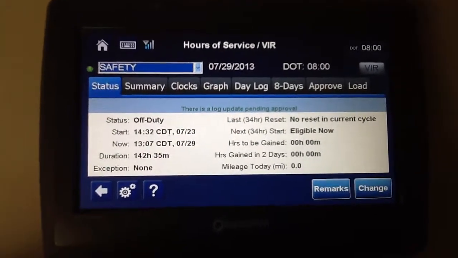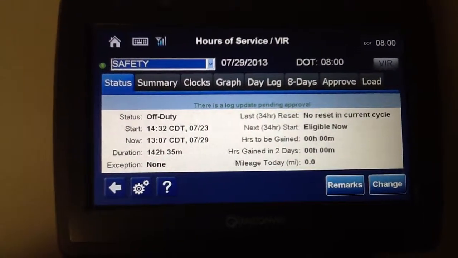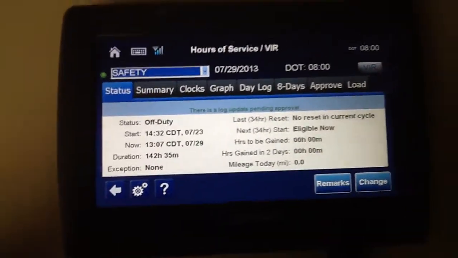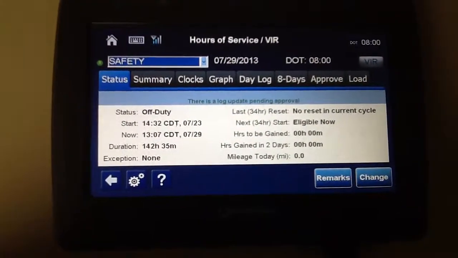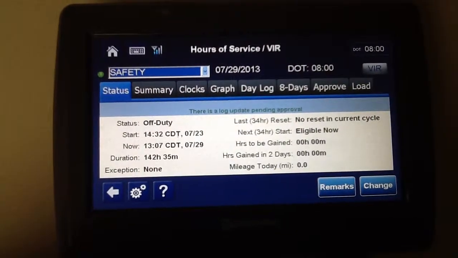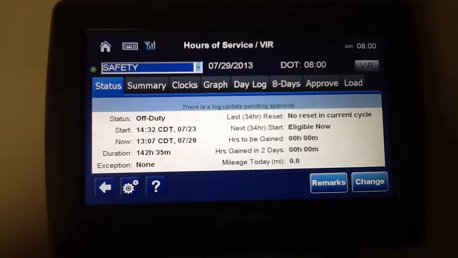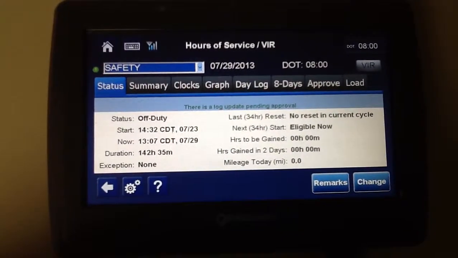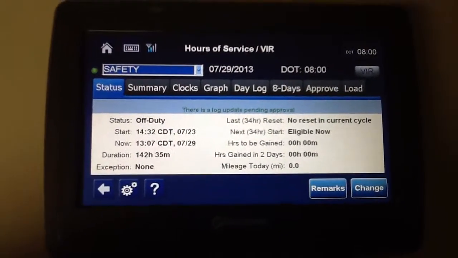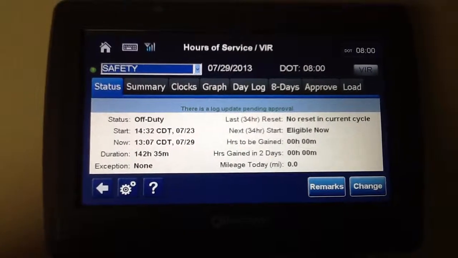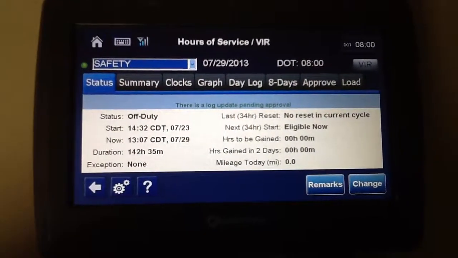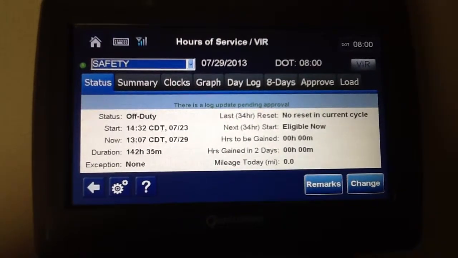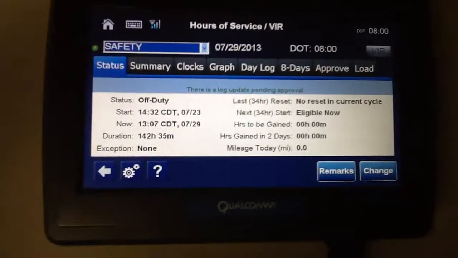And then a lot of team drivers are asking me if they have to do the VIRs, vehicle inspection reports, every time they switch. We would love that. If you guys do that, that will be great. But sometimes if you don't have time, by law, you're not required to. All you have to do by law is one pre-trip before you start the trip and one post-trip. But by the company policy, you're required to do pre-trip, post-trip,